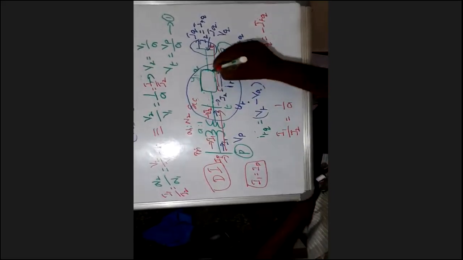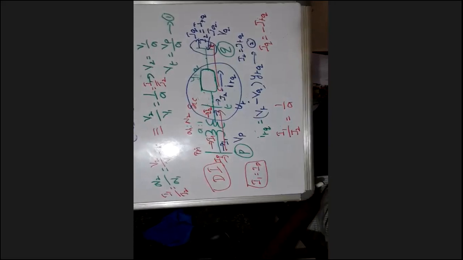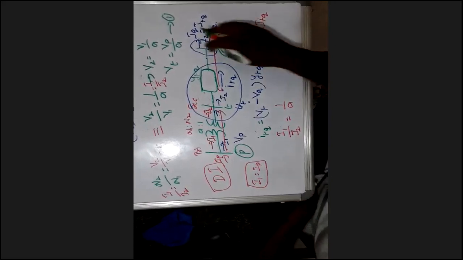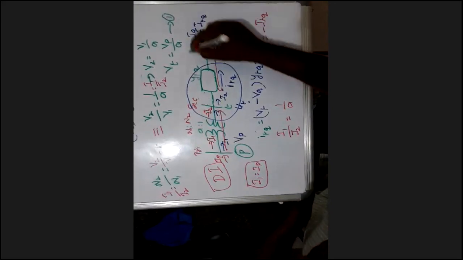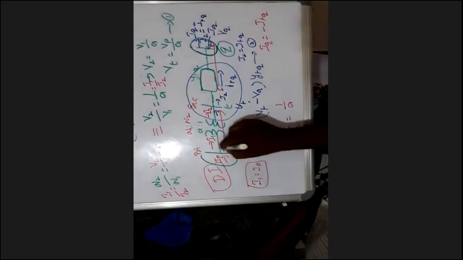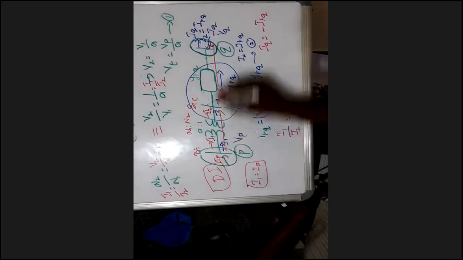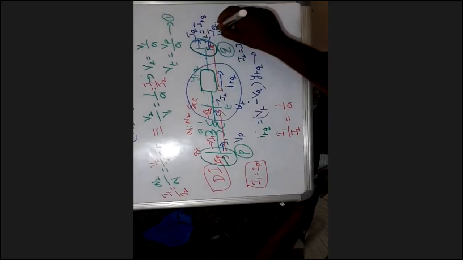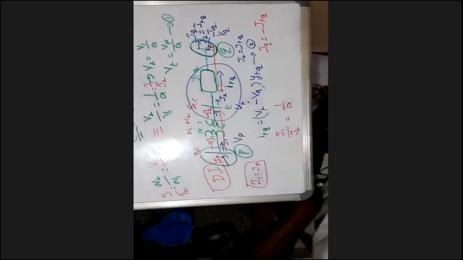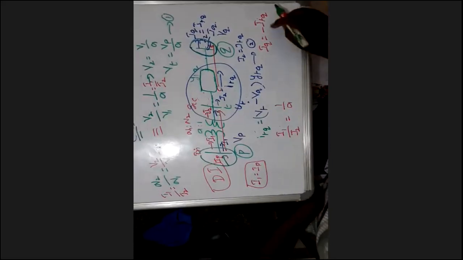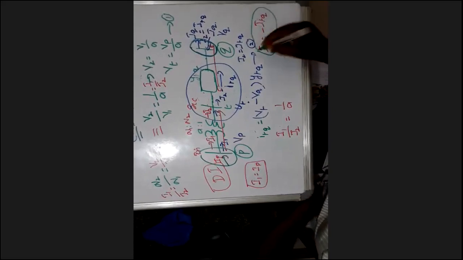Based on this image, the current which is leaving here, this is IQ. I want to know the impressed bus current. You see that this is the impressed current at bus IP. This is the impressed current at bus IQ. So in terms of admittance form, I1, I2. IQ is equals to minus ITQ.